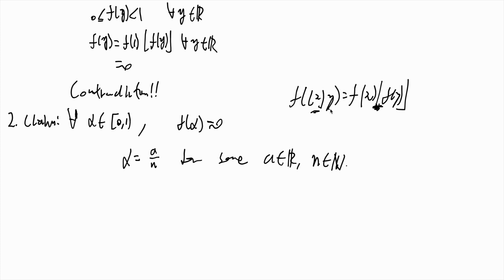We have something times something, so maybe this would be helpful. So we get f of a equals f of alpha times n equals f of n times alpha, and by our equation right here we have this equals f of n times